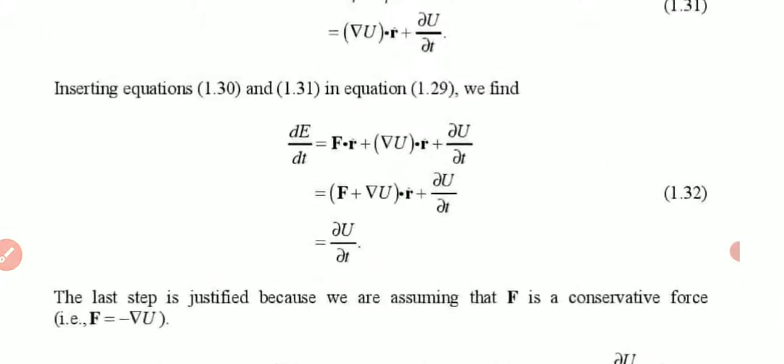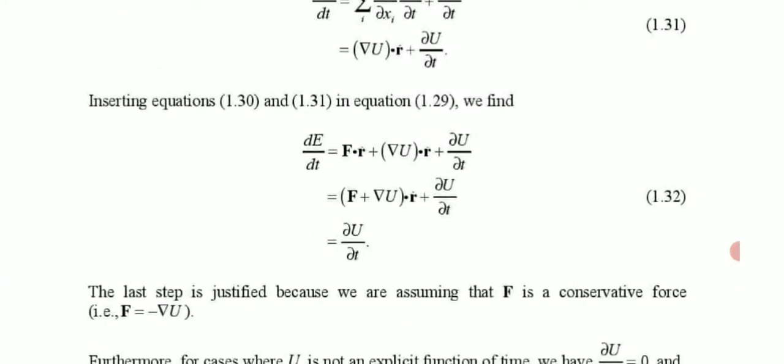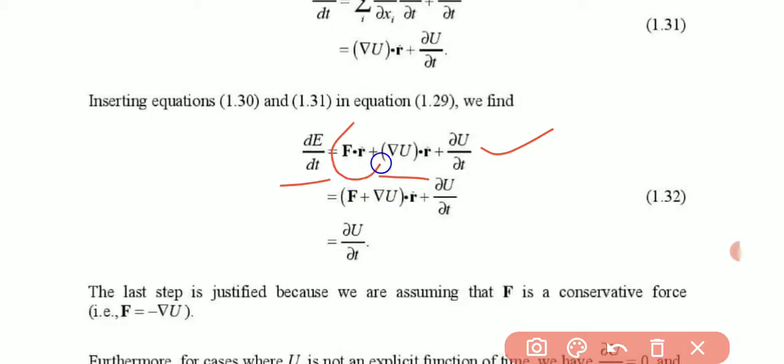After putting the values, we find that dE by dt is equal to F dot r dot plus del U dot r dot plus partial U by partial t,